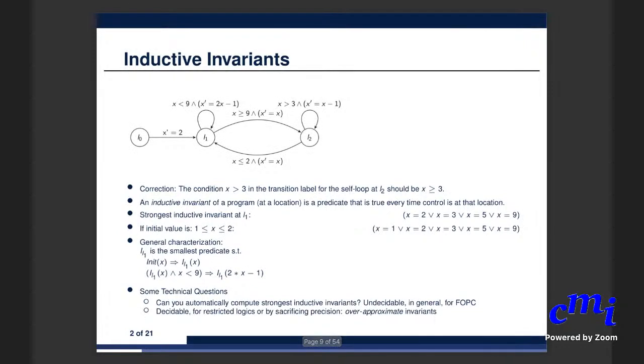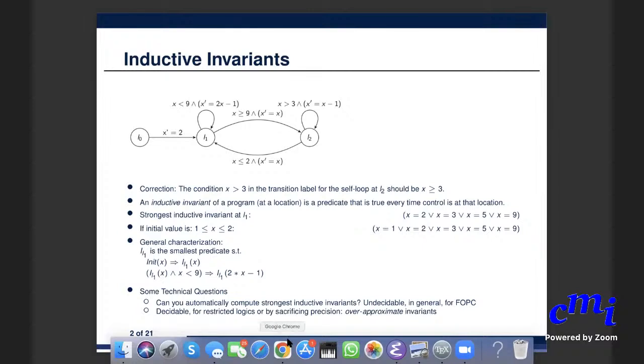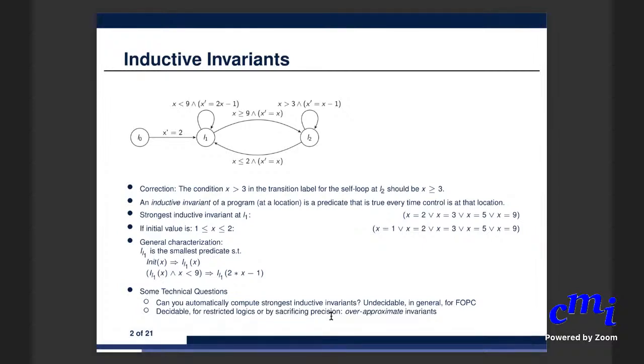Okay, however, it is decidable for restricted logics, or, as I said, by sacrificing precision. And that's where over-approximate invariants come in. There are two ways to do it. Either you restrict the expressive power of your logic severely, and then the problem of generating these kinds of inductive invariants becomes decidable. Another way, which is kind of equivalent to that, is by